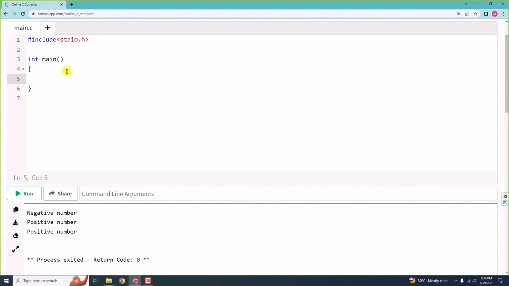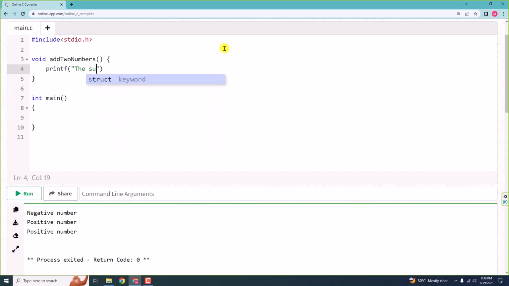So I will create a function here. I will create a function void. You can see int here, you can see void here. What is this void? I'll explain in the next video. Okay, void and the name for a function. I'll say add two numbers. Then you need brackets, and inside this you need to write the code of the function. Now I will say printf